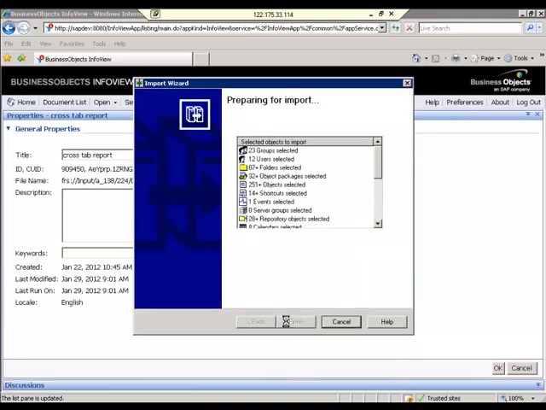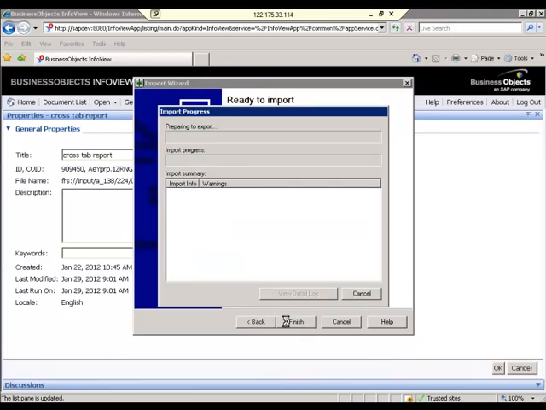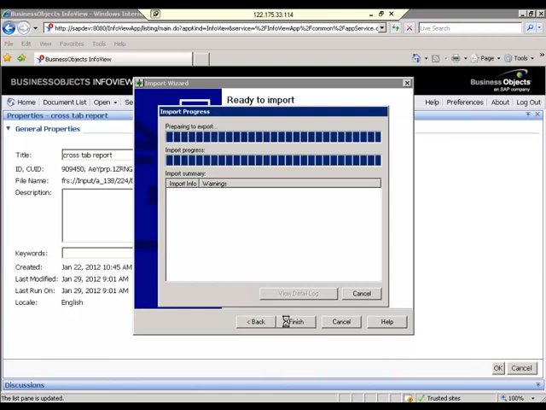Then whatever you selected, all of that is migrating to your BIAR. See, this all is migrated into BIAR. You just need to click finish. That is all folders, all reports, all users, all groups, the respective access levels and the respective application access, the respective universes and Crystal reports, their connections, web reports, their universes.